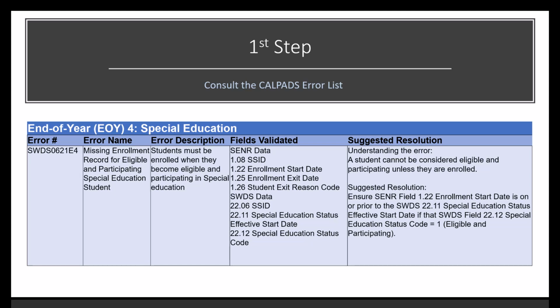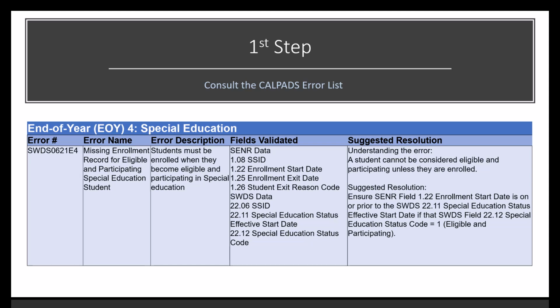We always recommend that you consult the CALPADS error list when you begin troubleshooting any error. So here we have a screenshot of the CALPADS error list, and you can see from left to right we have the error number and the error name. These two fields are used for reference. This information is given to you in CALPADS so that you can reference the CALPADS error list or the CALPADS user manual's troubleshooting section. Then we have the error description, fields validated, and suggested resolution. These three columns are used to decipher the reason why the error is triggering, and suggested resolutions are provided towards